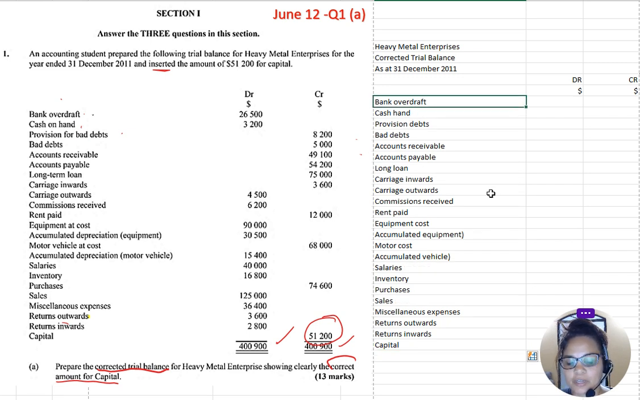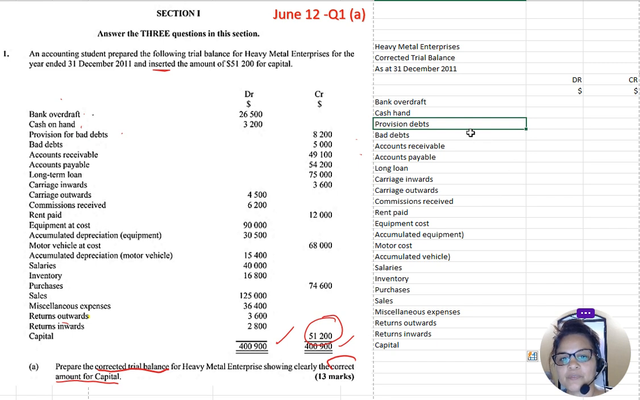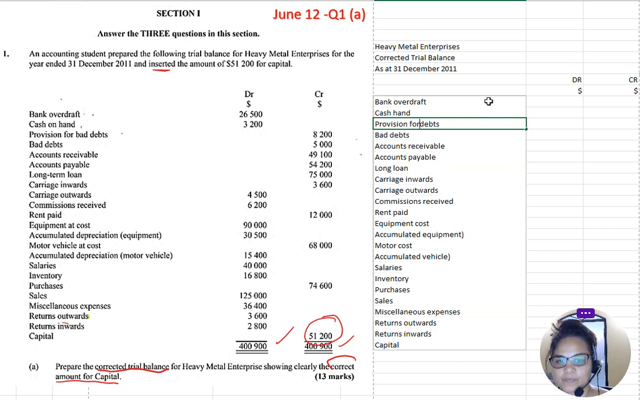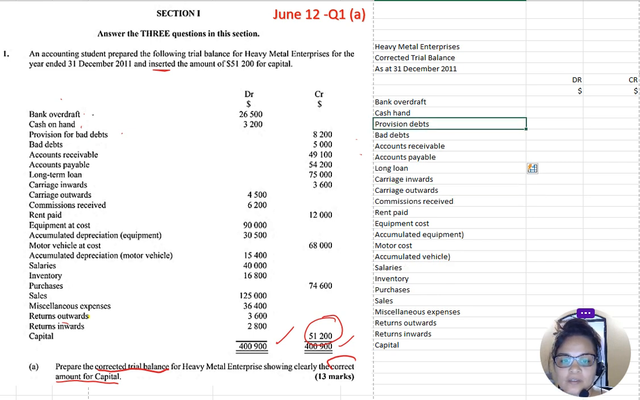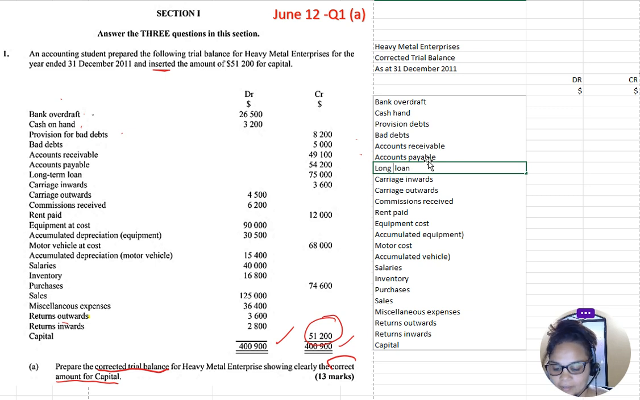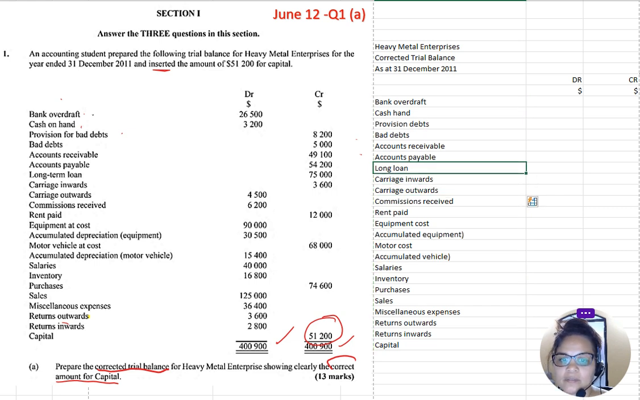So let me just double check. Bank overdraft, cash in hand, provision for bad debts, bad debts, accounts receivable, accounts payable. And you see how good it is to double check even when you're at work, because Excel could make errors. Long-term loan, carriage inwards, carriage inwards, carriage outwards, commissions received, rent paid, equipment at cost,